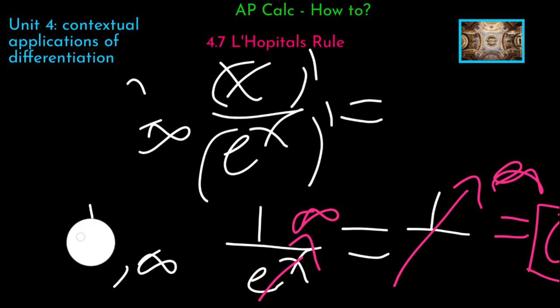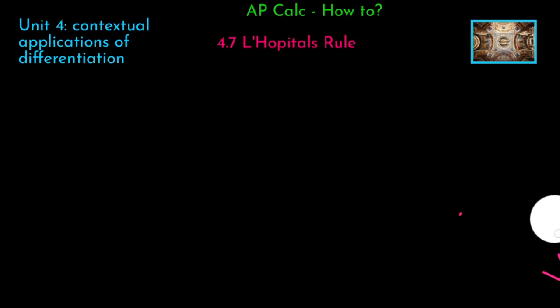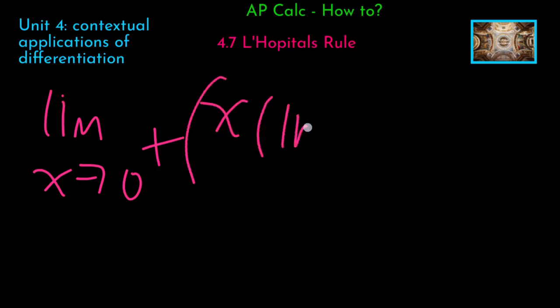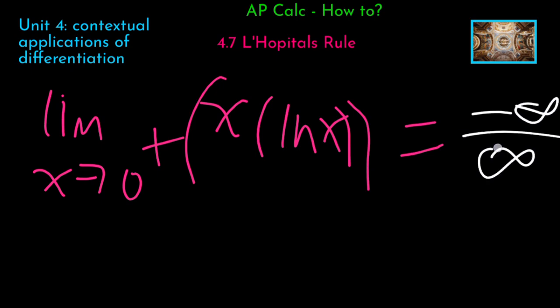Now one more little practice problem. Any time to try it? Let's go. So we're going to have the limit as x goes to 0 from the right of x times ln x. And this is going to be 0 times, well, it's going to become negative infinity over infinity because